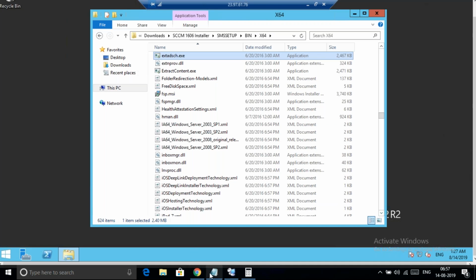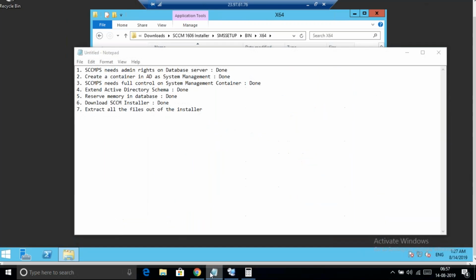Now, so the download is completed, and we have extracted all the files out of the installer. Let me just say done. Point number 8 is we will start now